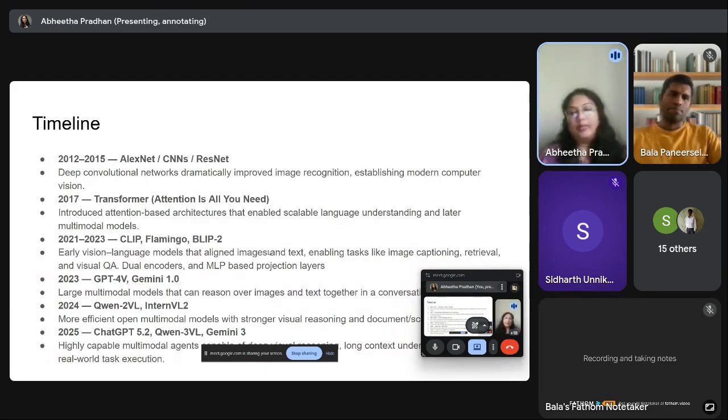A little bit on the timeline of what has happened in the world of vision. You had CNNs and ResNet in around 2012 to 2015, a lot of deep convolution networks. It could do stuff like object detection, and it worked on principles like image segmentation and object detection with drawing bounding boxes. And in 2017 was the breakthrough from Google with the Attention Is All You Need paper,